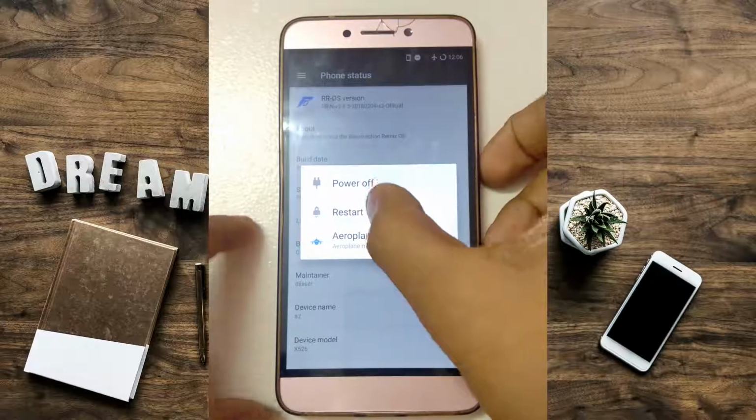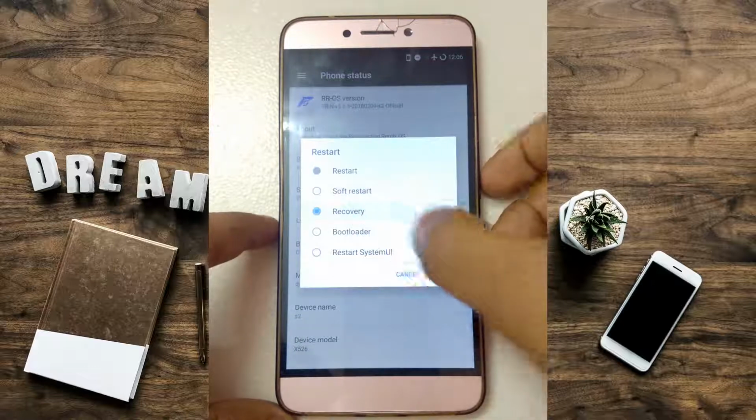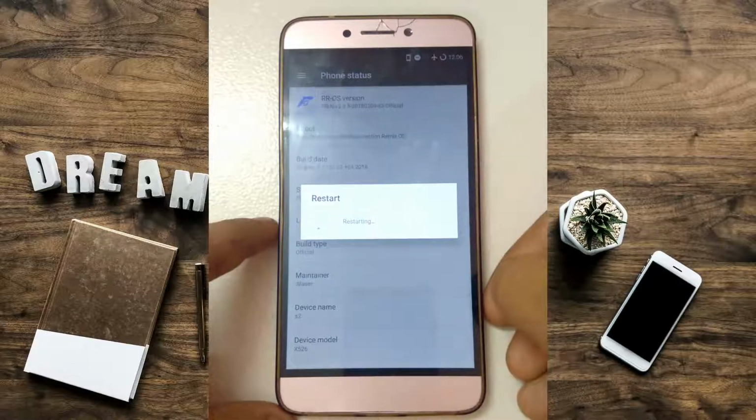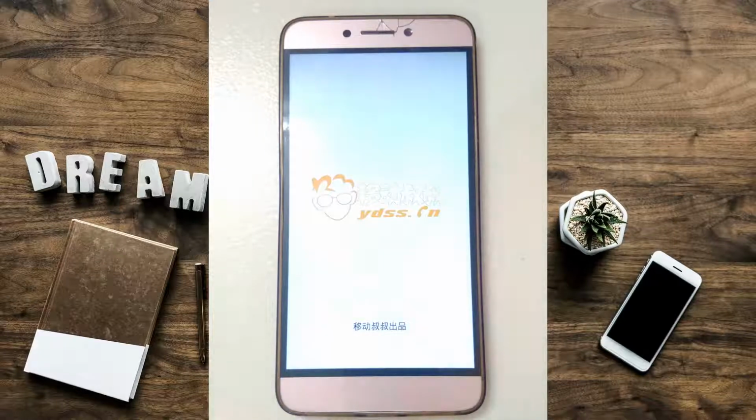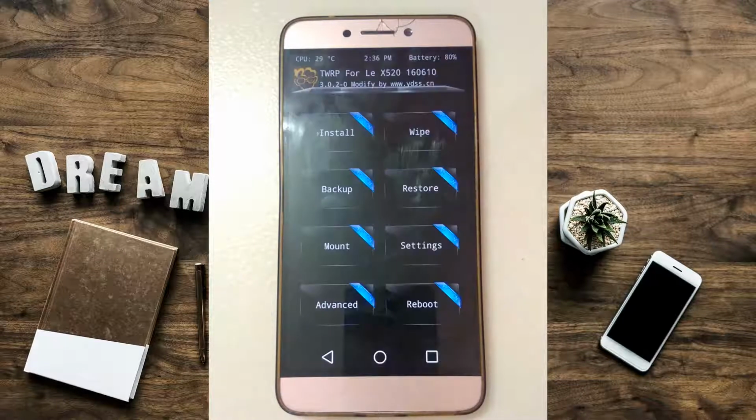So guys, let's again reboot to our recovery mode. So guys, as you can see, we did not lose our custom recovery mode.